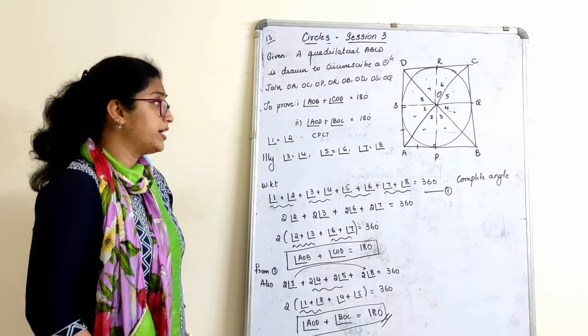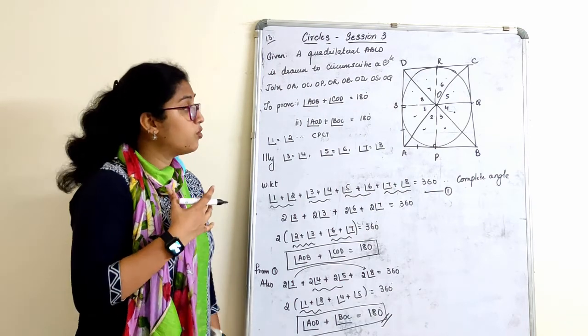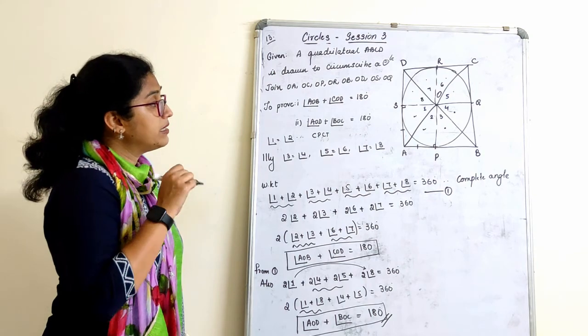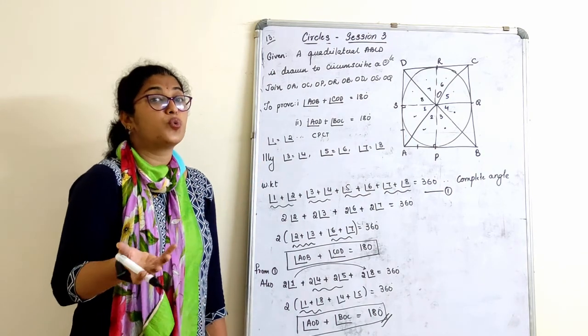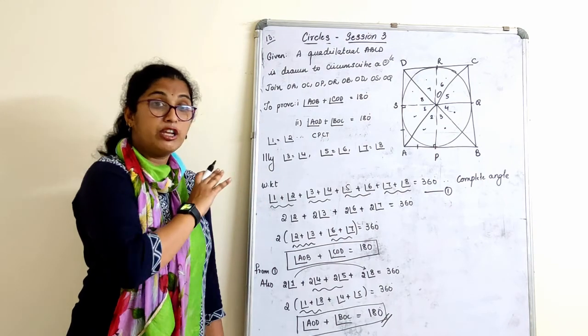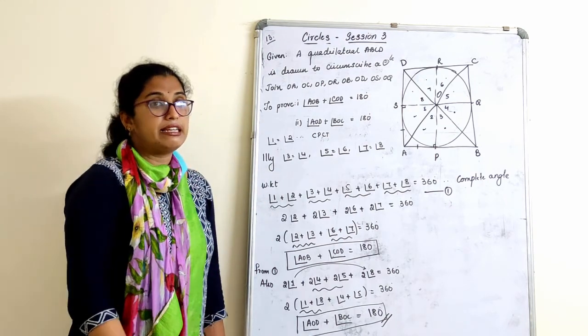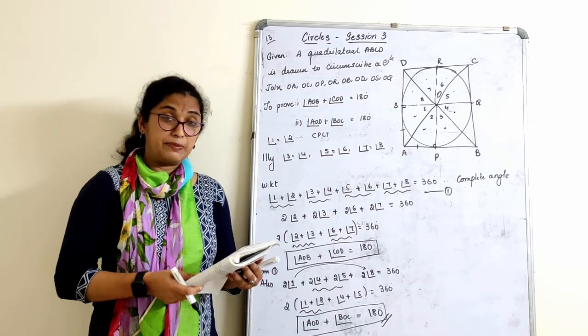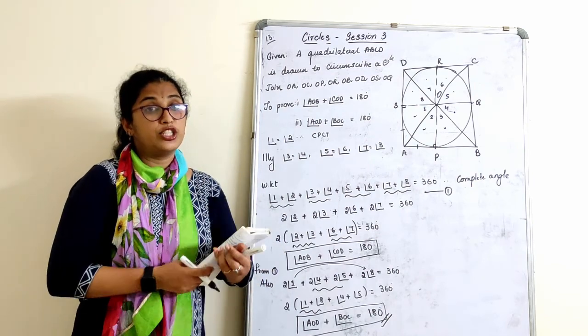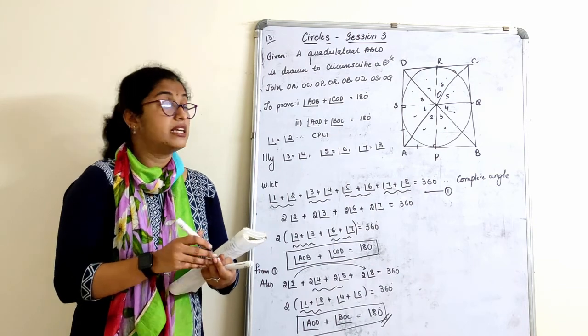Clear? That's why I told you we'll use numbers. If I go on writing AOP, POB, the whole thing will get messed up and we'll forget what two times and what one time. This is the simple technique we can use. And with that we complete the chapter Circles, a very important chapter where we have a few theorems and some right